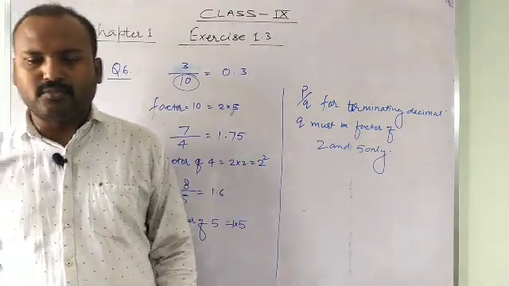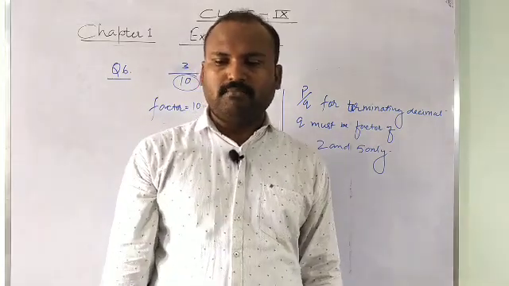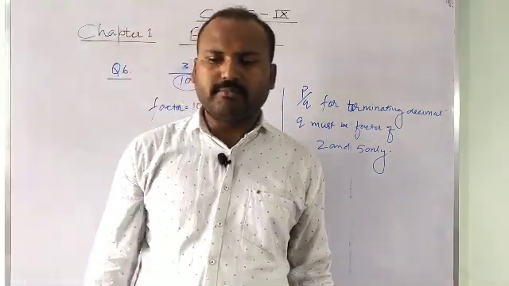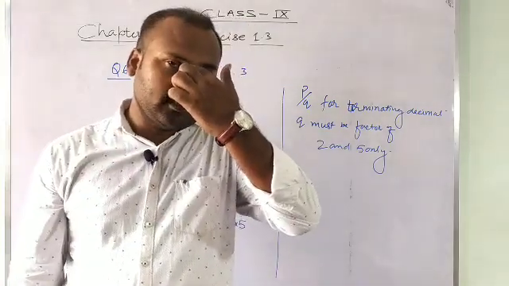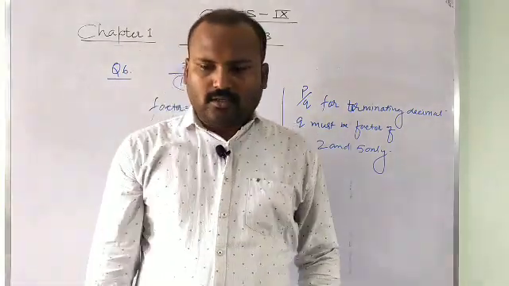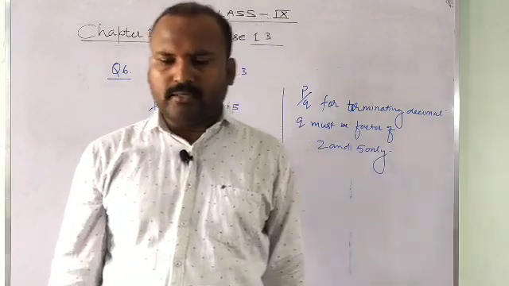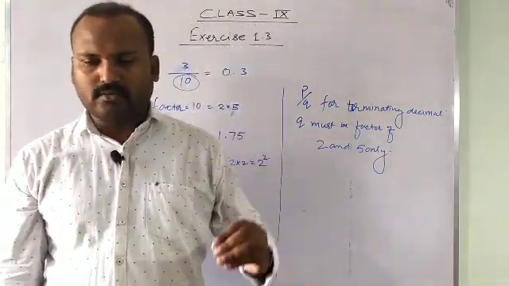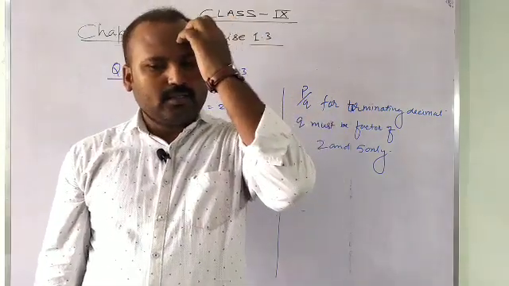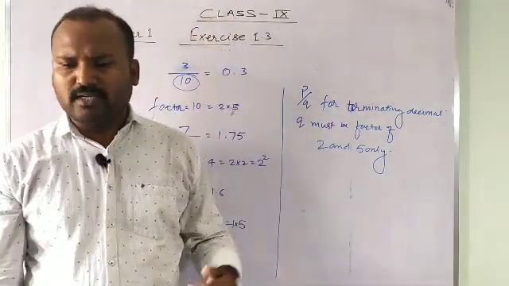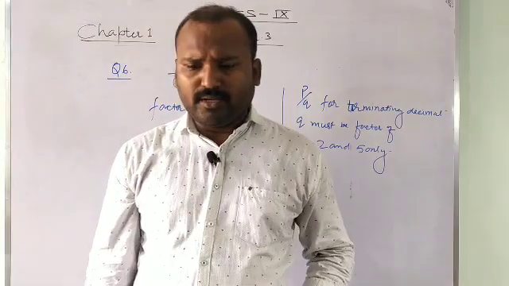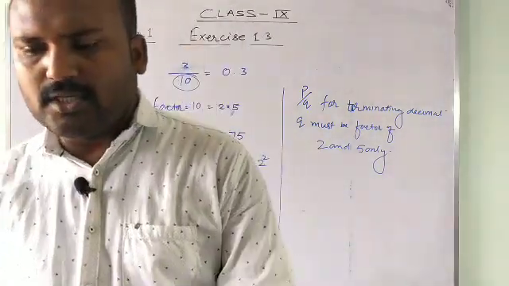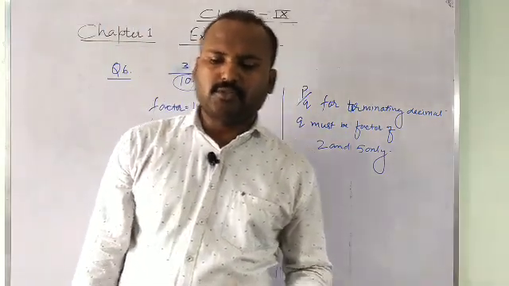Now see question number 7. Write 3 numbers whose decimal expansion is non-terminating, non-recurring, meaning non-terminating, non-repeating. You have to write like 1 upon 7, 1 upon 11 like this. Sorry, 1 upon 7 is not suitable. This will be 1 upon 13, 1 upon 11, you can find. Question number 8: find 3 different irrational numbers between the rational numbers 5 by 7 and 9 by 11.